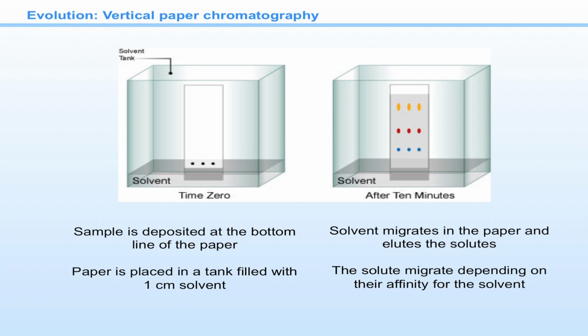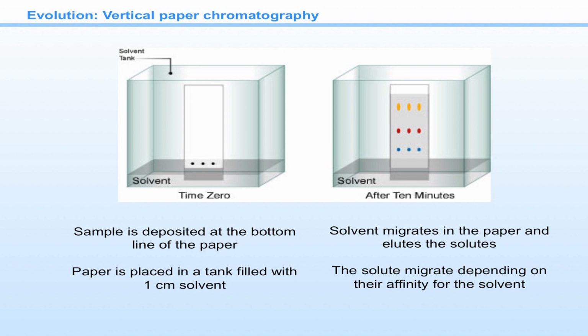After loading the sample, you are supposed to take the filter paper and place it over a glass beaker which has the solvent. That solvent is going to act as your mobile phase. The mobile phase, whichever you use, is selected based upon the sample you are